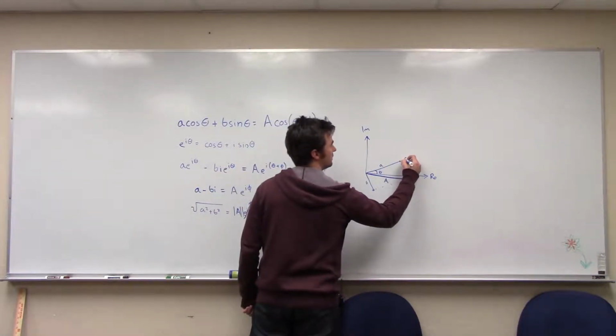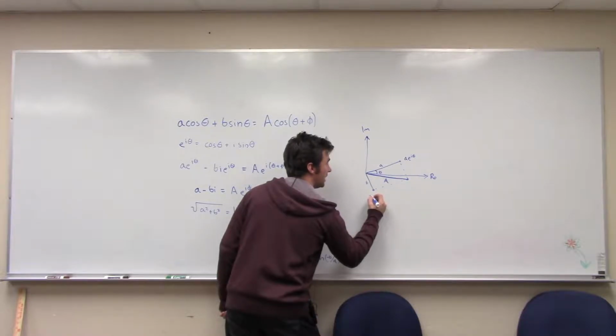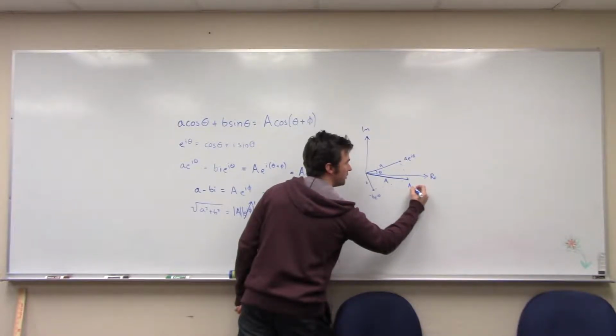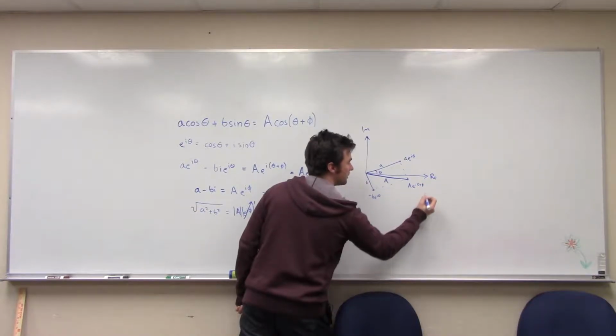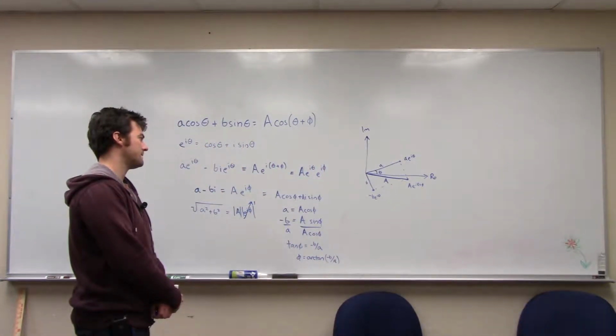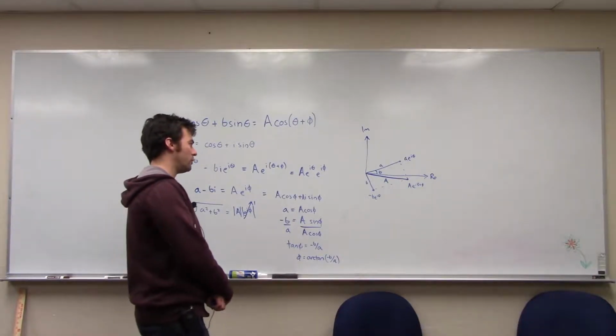So this is A e to the i theta, and this is negative B e to the i theta, and this number here is capital A e to the i theta plus phi. All right. So we figure out